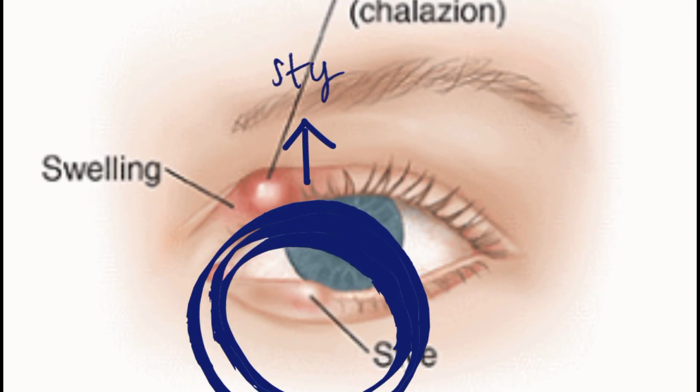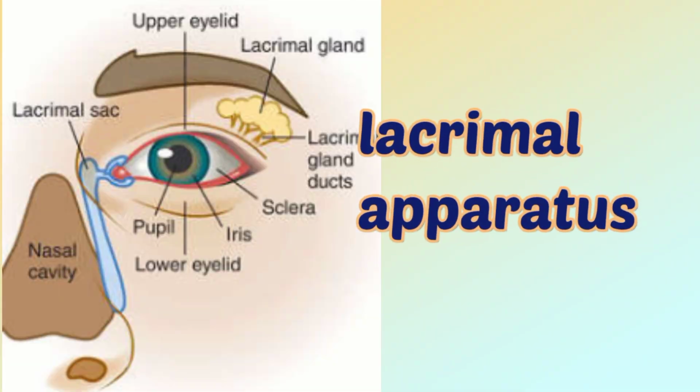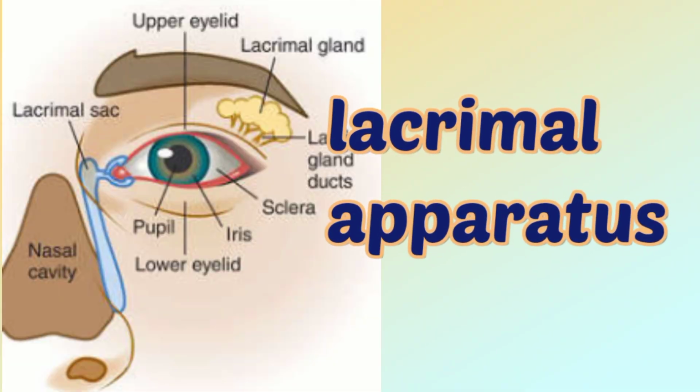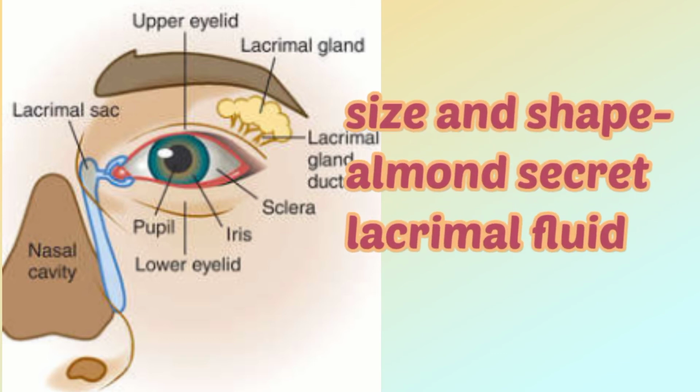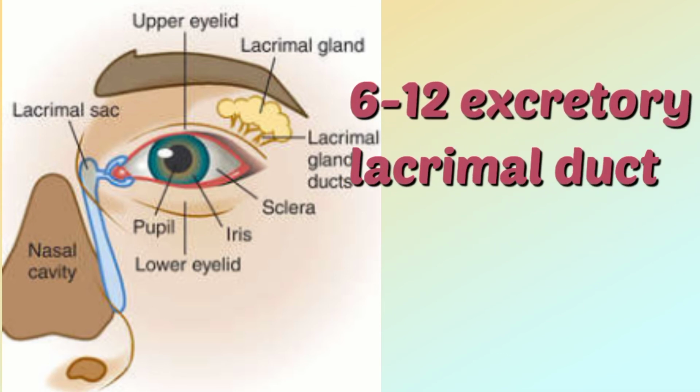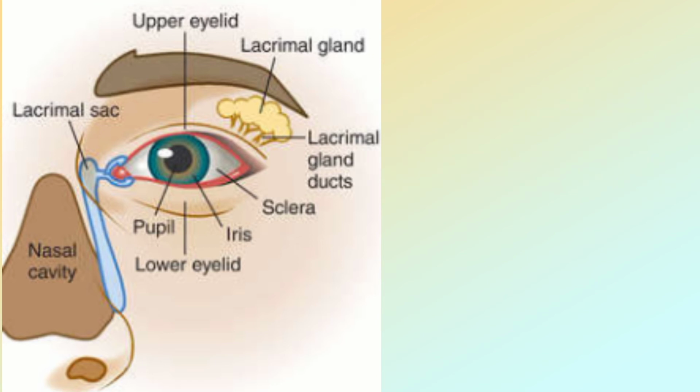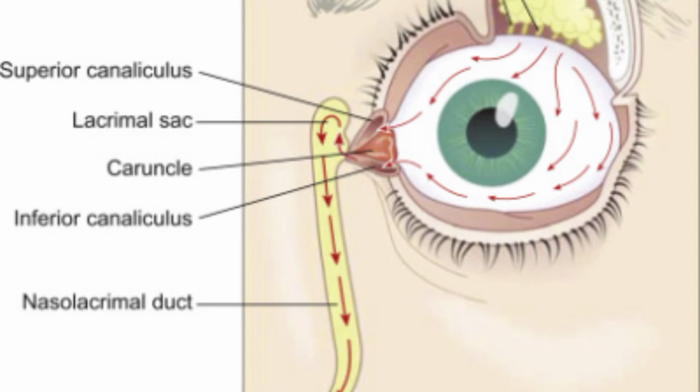The next accessory structure is the lacrimal apparatus. The lacrimal apparatus is a group of structures that produce and drain the lacrimal fluid, or tears. The lacrimal glands, each about the size and shape of an almond, secrete the lacrimal fluid, which drains into 6 to 12 excretory lacrimal ducts that empty the tears onto the surface of the conjunctiva of the upper lid. From here, the tears pass medially over the anterior surface of the eyeball to enter two small openings called